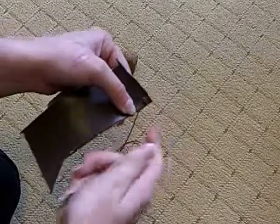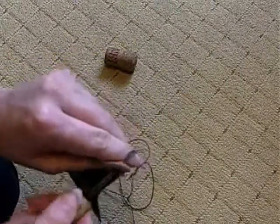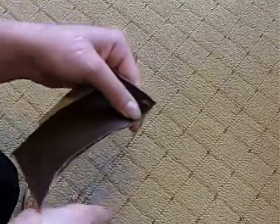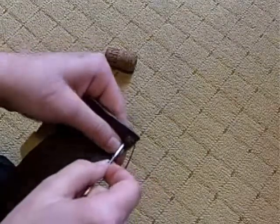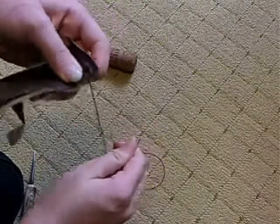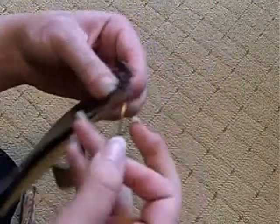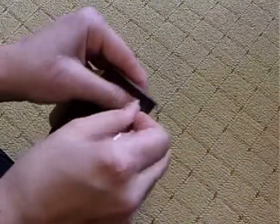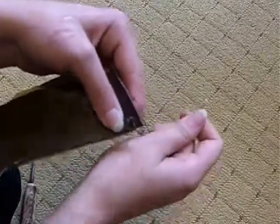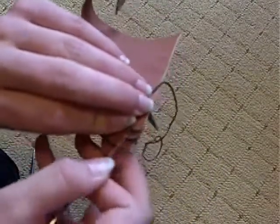And then you get the bradawl again, in again. If you're looking to be neat, obviously you'll make sure that it's the same width between holes, but obviously it's not essential, it just looks better. In to the next hole on the same side, like that, so that comes across there, from around there, and you will get this pattern on it on one side, and into that hole again, pull it tight. There we go. So you'll notice that you've got a sort of a V shape appearing on one side